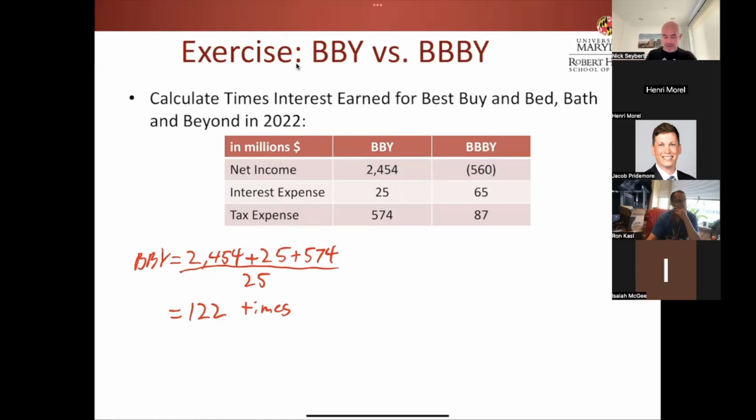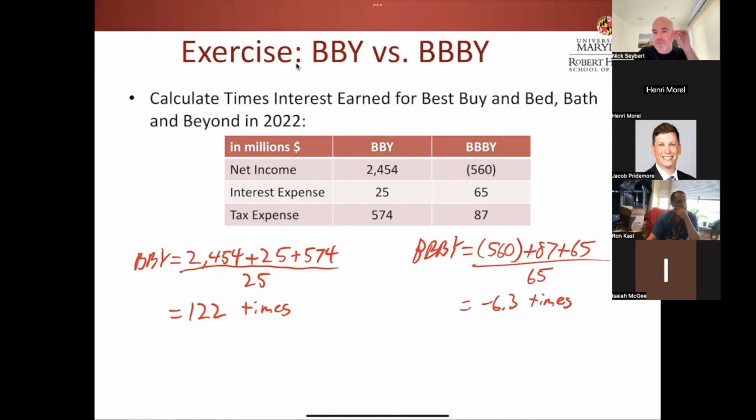Totally doing great. What about BBY? Okay, so we start with the negative 560 in net income. We add back tax, we add back interest, and we divide by interest, and we get, unsurprisingly, we knew this was going to be negative, which is always bad. Negative 6.3 times. Okay, so